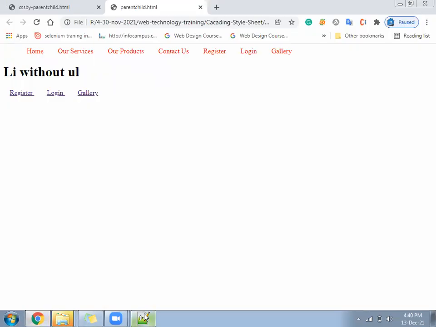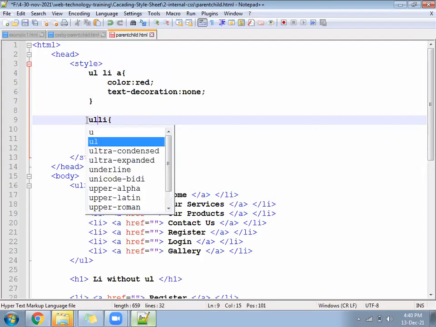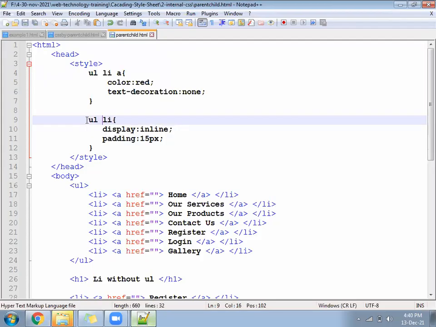We wanted it should happen for only those LI that is under the UL. You will see now. It will not happen for all. It will happen only for those LI that is under the UL. Clear?